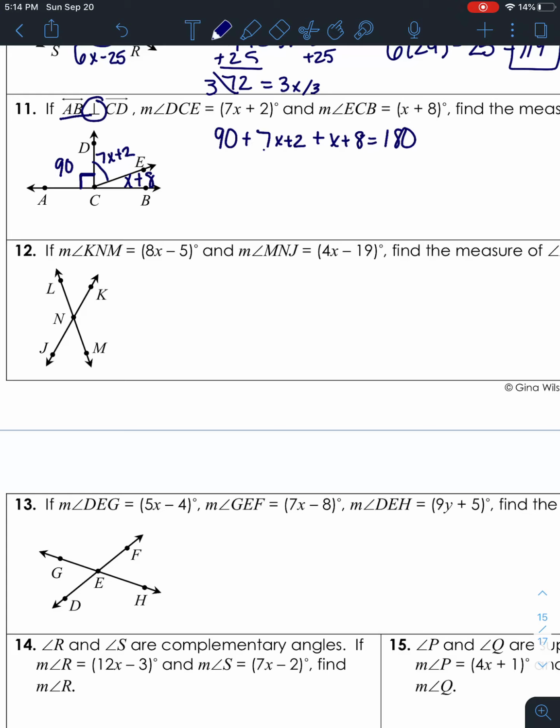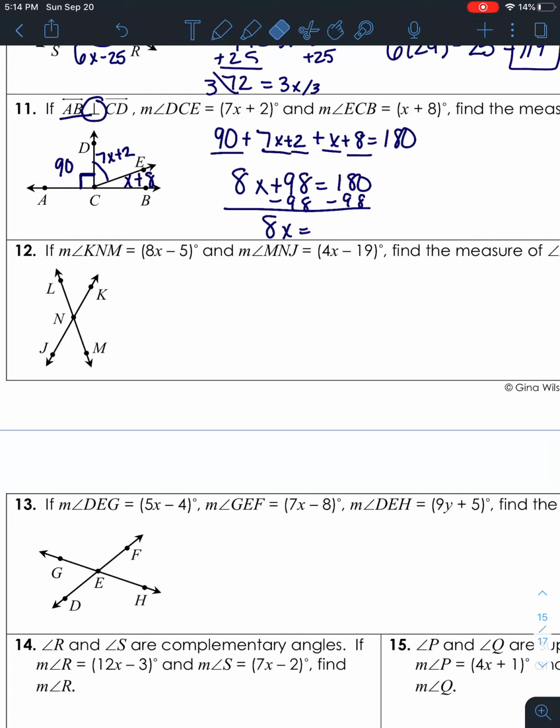I'm going to combine like terms here, so 7x plus 1x is 8x. Next, I'm going to add up my like terms here, so 90 plus 8 is 98 equals 180. I'm going to subtract 98 from both sides. So that gives me 8x equals,